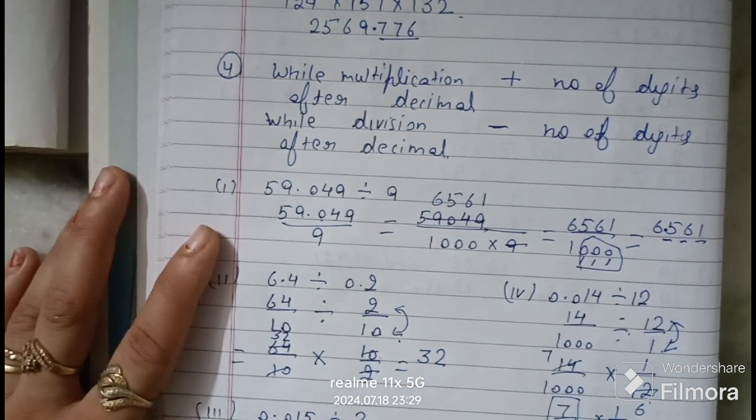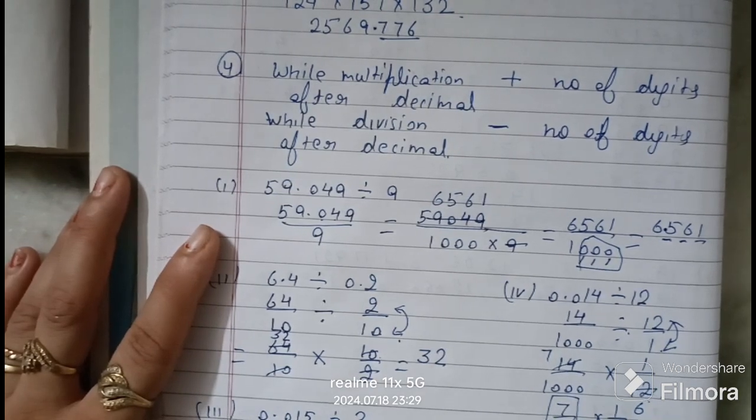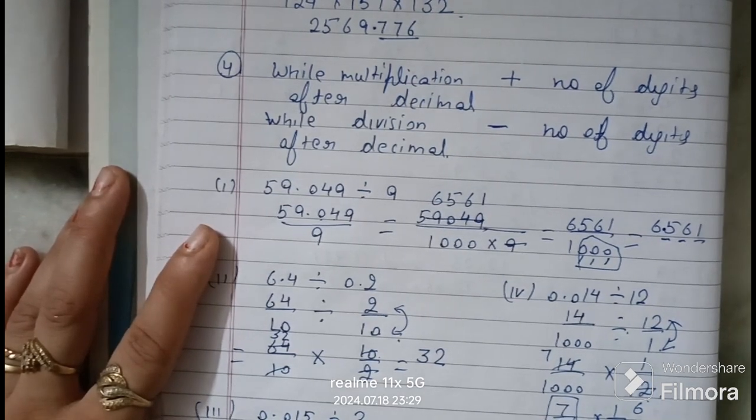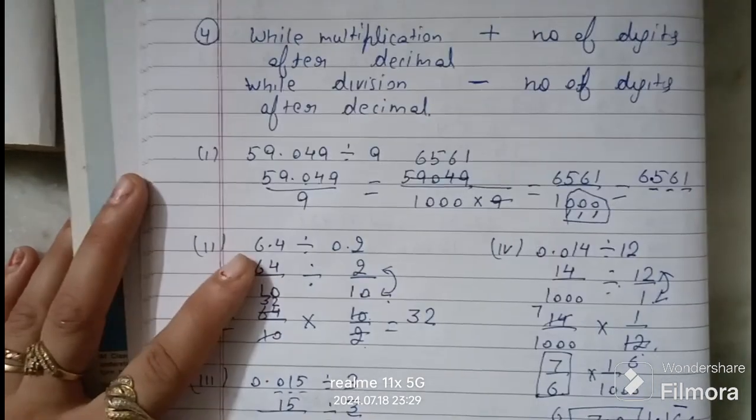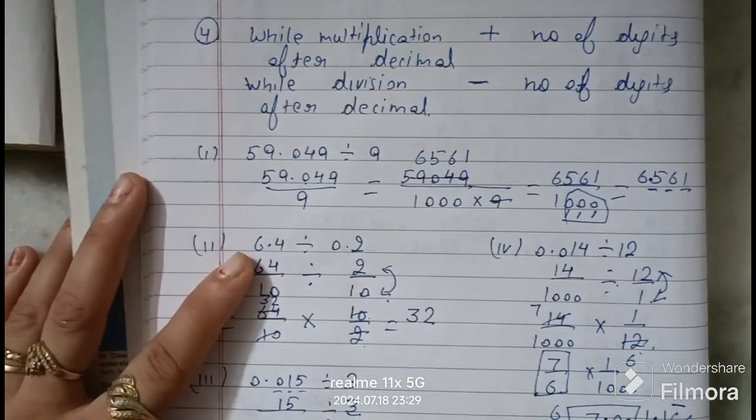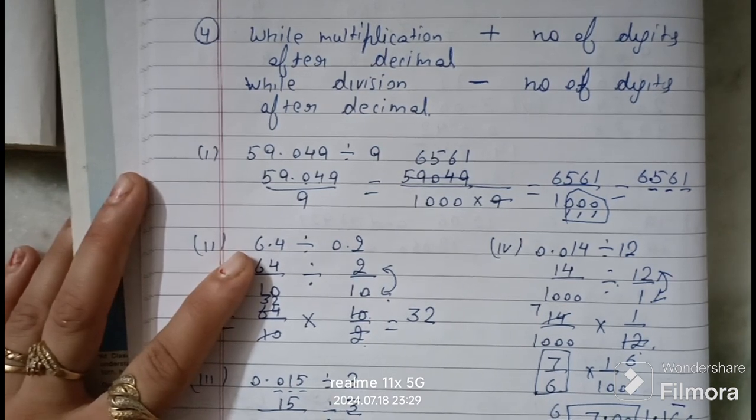ये हमने worksheet 1 में भी किया था ना, worksheet 2 में sorry, कि कोई number if the decimal representation is like 1.1666, but so what we are going to do, we will just put a bar sign. और ये बार साइन सिर्फ उसी नंबर के ऊपर आएगा जो बार बार रिपीट हो रहा है. ओके, बिकॉज 6 इज रिपीटेड अगेन एंड अगेन, सो वी विल पुट द बार साइन अबव द डिजिट 6 ओनली. ओके,